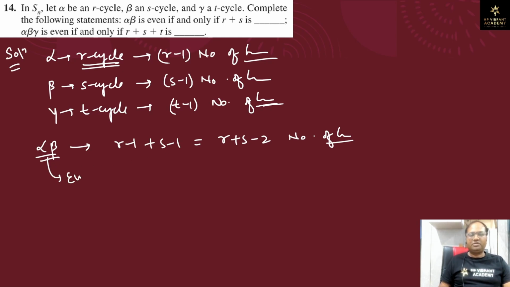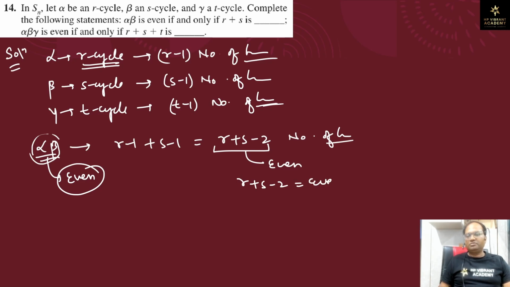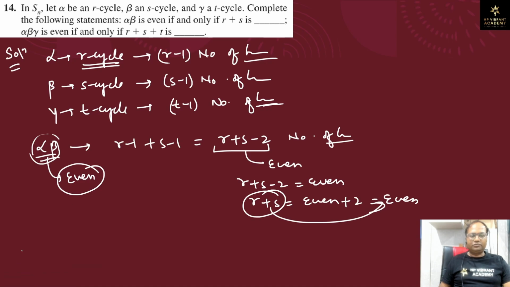तो अल्फा बीटा इवन है, तो बाय डेफिनेशन ऑफ इवन परमुटेशन, इफ अल्फा बीटा इज एन इवन परमुटेशन, देन अल्फा बीटा मस्ट बी represented as even number of transposition. So r plus s minus 2 is a number of transposition, this must be even, so this means r plus s minus 2 is equal to even. तो r plus s क्या हो जाएगा, even plus 2 is equal to even, तो r plus s की वैल्यू क्या हो गई, इवन हो गई, दिस इज नथिंग बट इवन। ठीक है, अब अदर वे राउंड, इफ एंड ओनली इफ